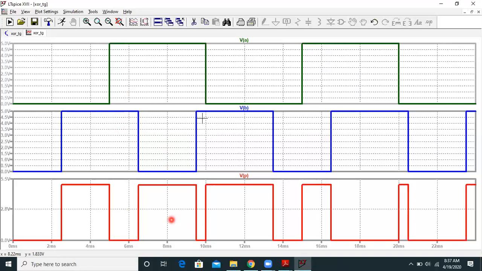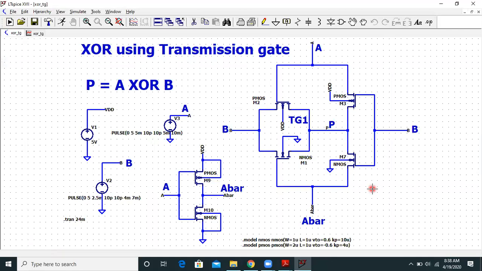Next condition we will check A is 1, B is 1, and output P is 0. Yes, a classic XOR function. Let us check one more condition. A is 0, B is 1, so output P is also 1. So indeed, the circuit over here behaves as a XOR gate.